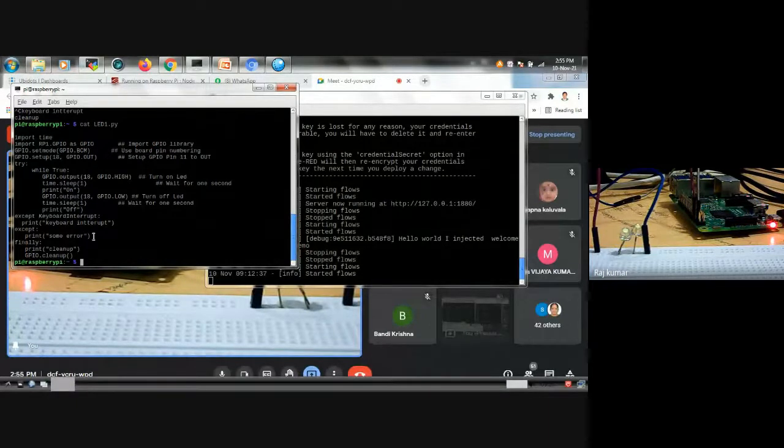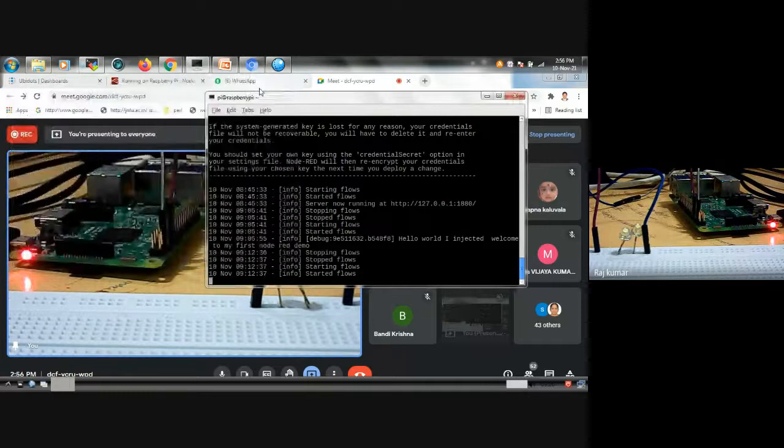Whenever you require some functions, I think Sara has covered that, but still I will try to throw some light on functions also, how to use user-defined functions in Node-RED. So like that, we'll see. Why I have demonstrated these LEDs through a program is that we can run this application, which I have just shown you. Another way is also there, where you can run this application using Node-RED. Now we'll go for the Node-RED program.